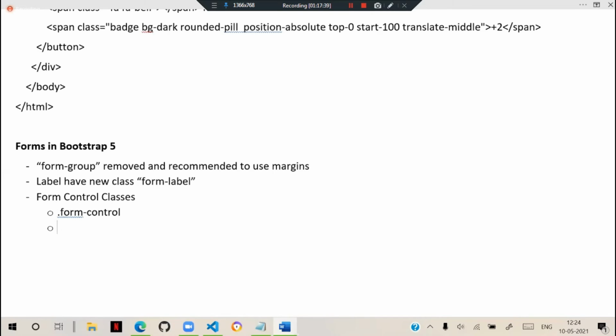You can use it for text, email, URL, password, and number. Don't use it for range, and you can use it even for select elements. But when dealing with file inputs, earlier we had to use a separate option, file input. We don't use the file input option anymore.